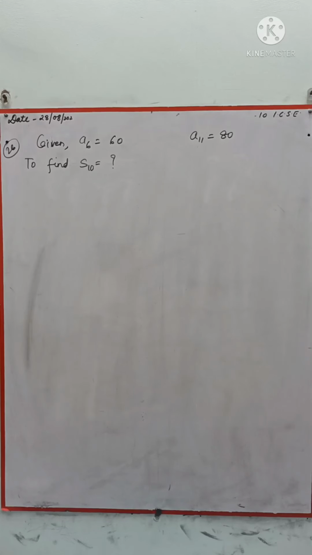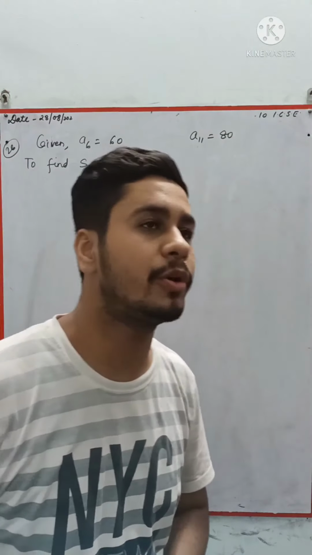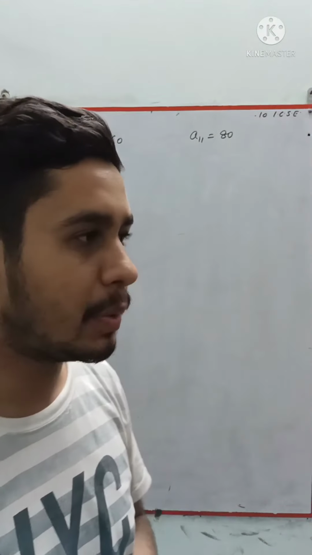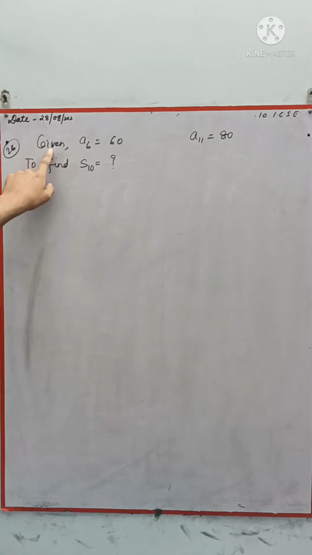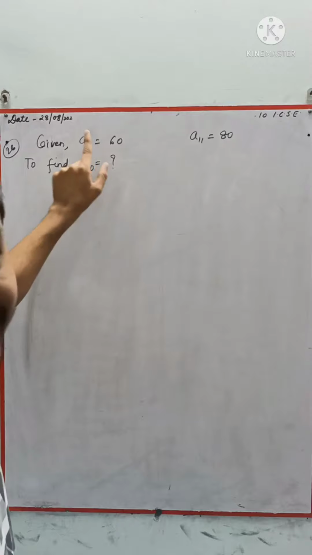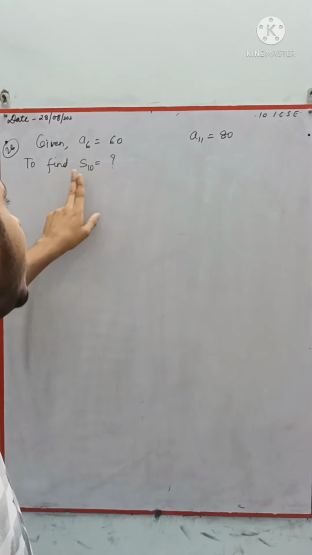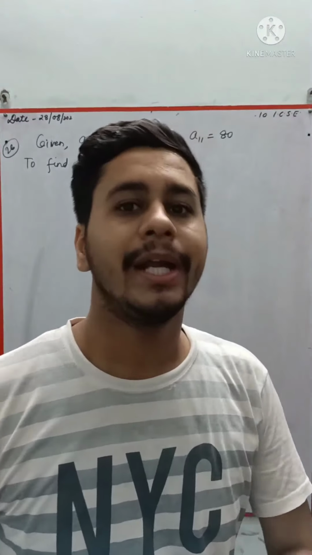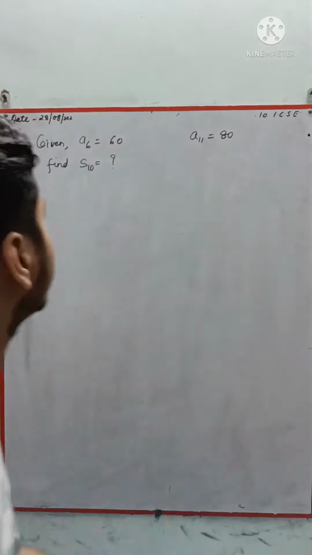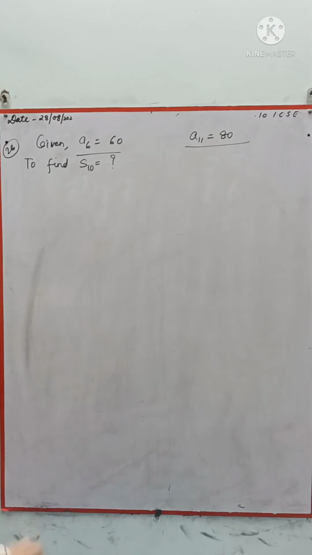Okay, let's come to the 26th question. 25th question will be homework for you. Okay, it's an easy one, you can easily do it. In the 26th question we are given A6, that means the 6th term, 60, and the 11th term, 80, and we have to find S10, means the sum of the 10 terms of this series. Okay, with the help of these two pieces of information, first we need to find